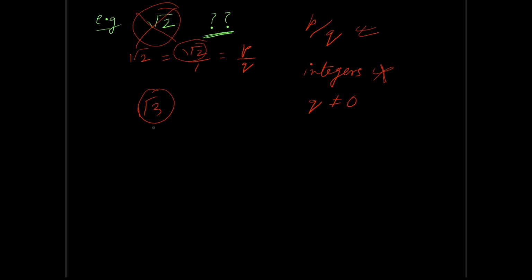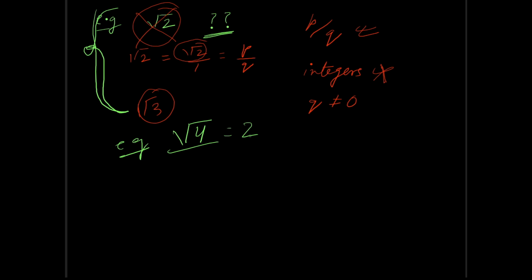So what about root 4? Is root 4 a rational number? Let's check. By looking at both the above examples, one can conclude that root 4 is not a rational number. But here's the trick. The value of root 4 is 2. So now we can write root 4 as 2 by 1, which is in the form of p by q, and we have both 2 and 1 as integers, and q is also not equal to 0. So we can say that root 4 is a rational number.